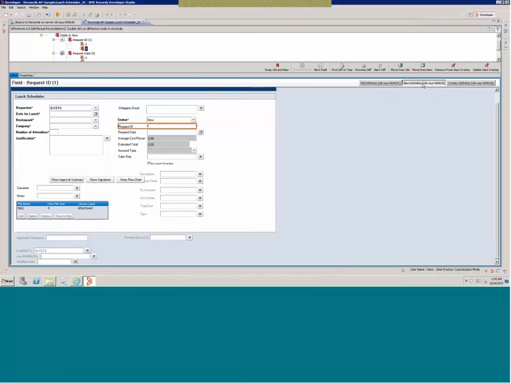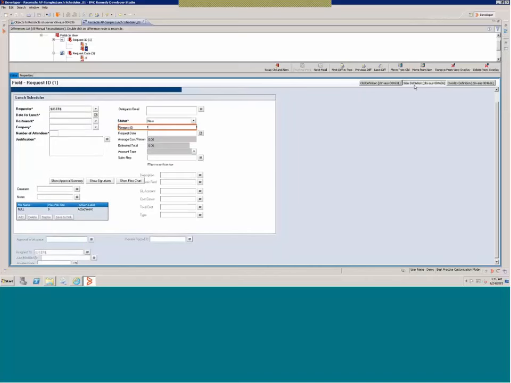Let's look at what BMC has done in the new definition. So just by toggling, I can figure out that BMC has added a delegate's email field in the view, and it has shifted all the other fields, starting the status field down below, to accommodate this field.